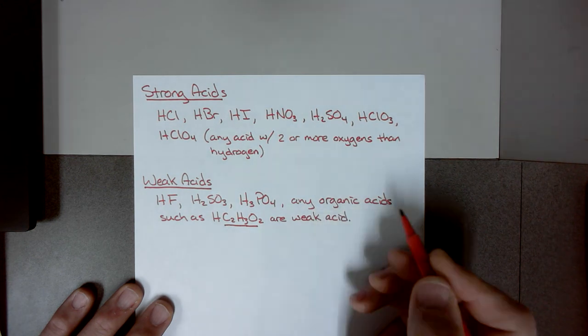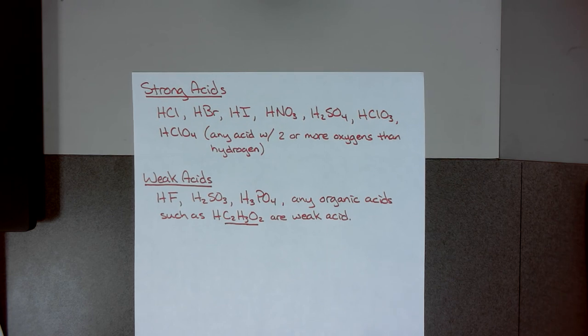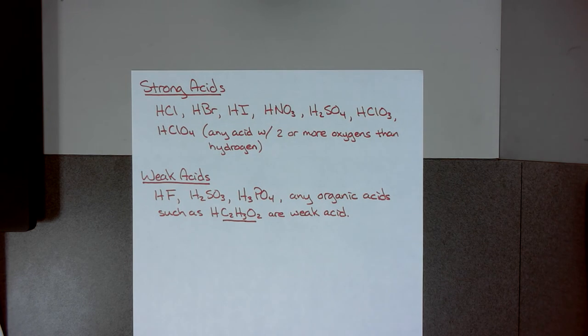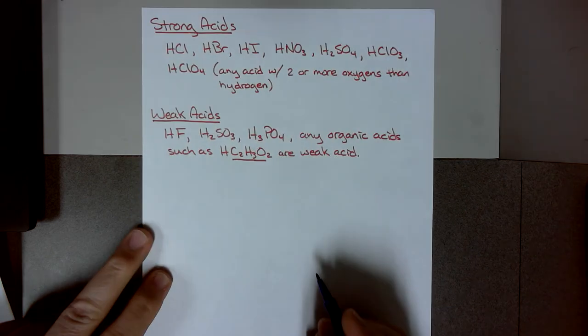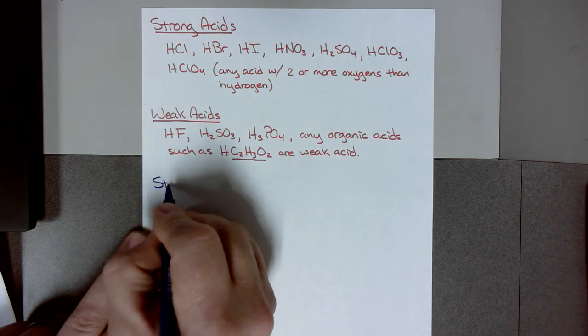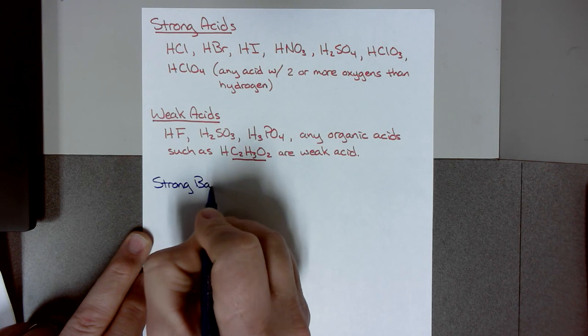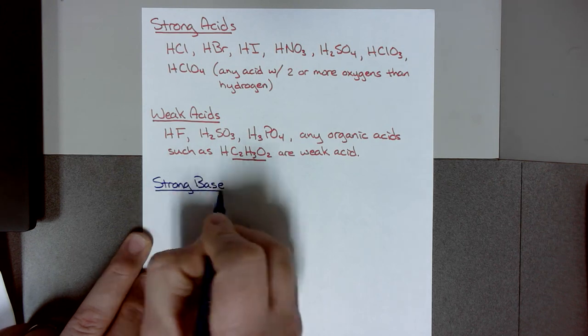So you can think of lactic acid, tartaric acid, citric acid. Those are all organic acids. They're all weak acids. Okay, so now we've done our list for the strong and weak acids. Let's look at our strong and weak bases. So our strong bases are